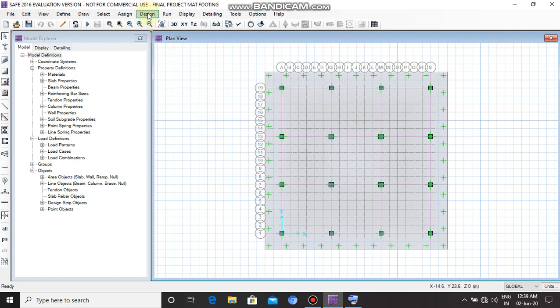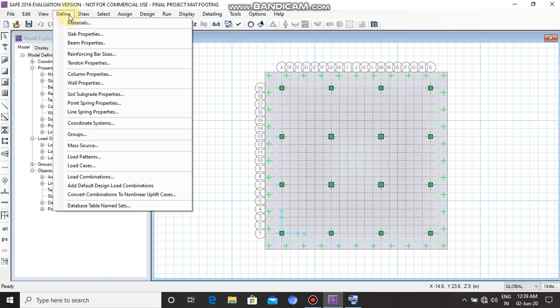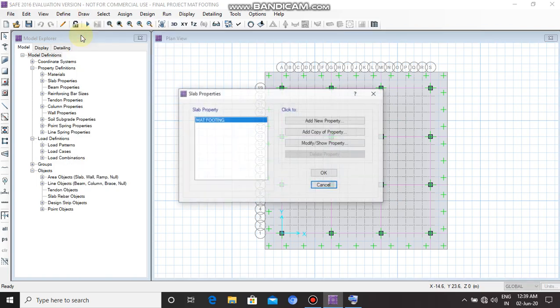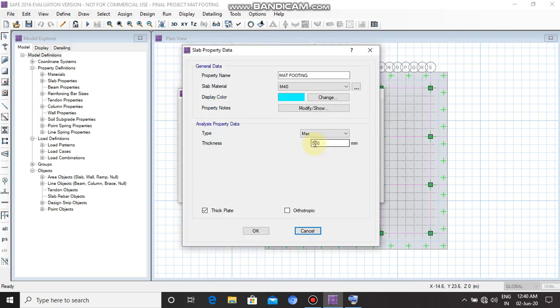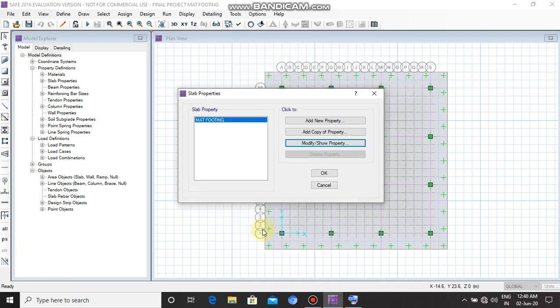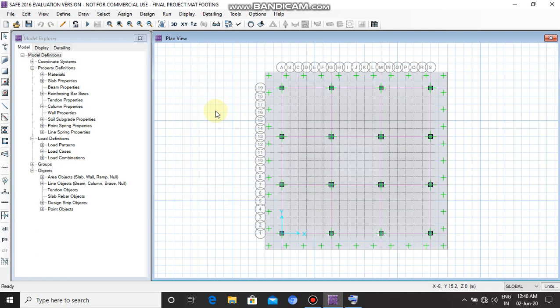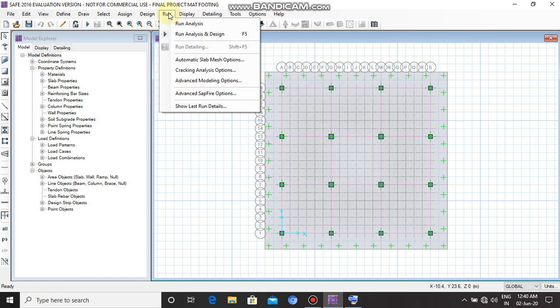Now click on Define, Slab Properties, Modify/Show Property, increase the thickness to 900 mm. Click on OK, then click on OK again. Now again for the analysis, click on Run and then Run Analysis and Design.